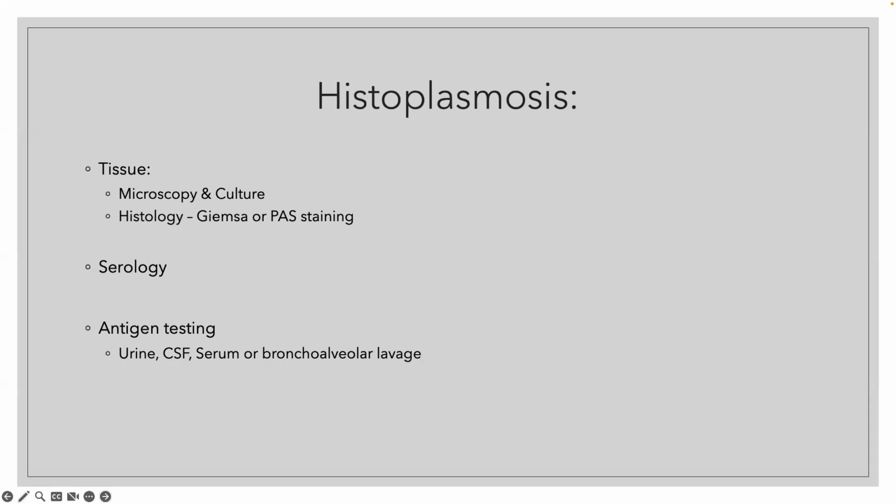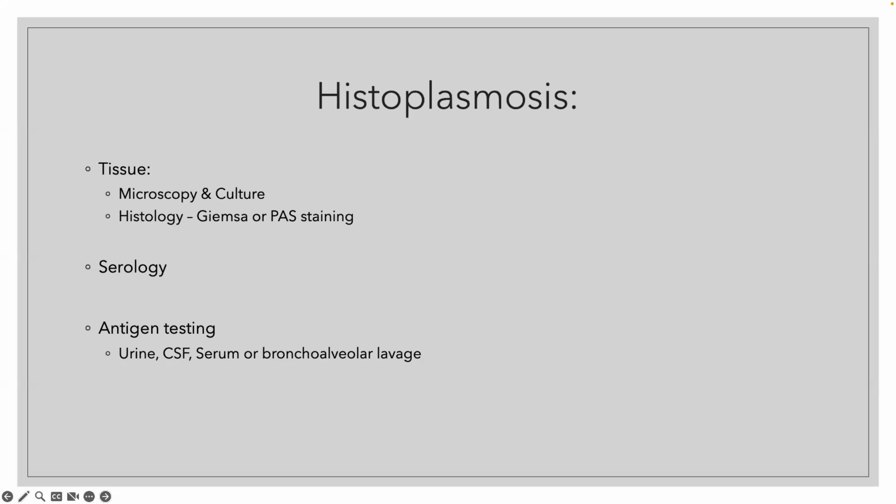Granulomas with or without caseation, lymphohistiocytic infiltrates, or monocytic infiltrates are typical. Serologic testing is also available, but it's not really useful until 8 weeks after exposure, and it may be positive for years. Histoplasma antigen can be measured from the urine, from the CSF, from bronchoalveolar lavage specimens, and even within